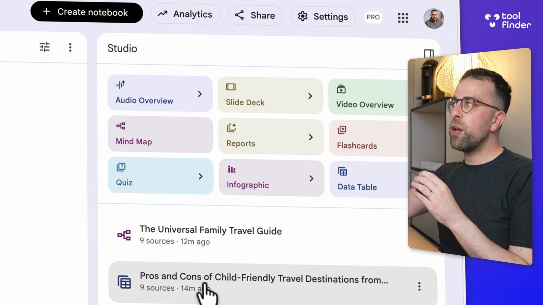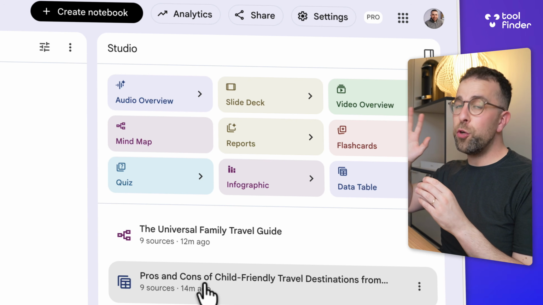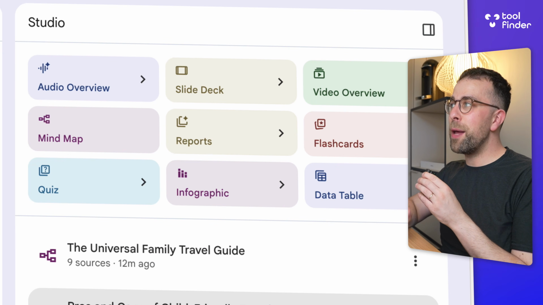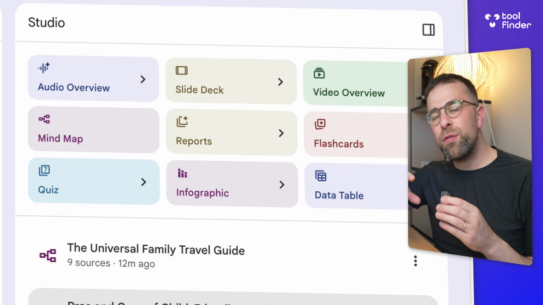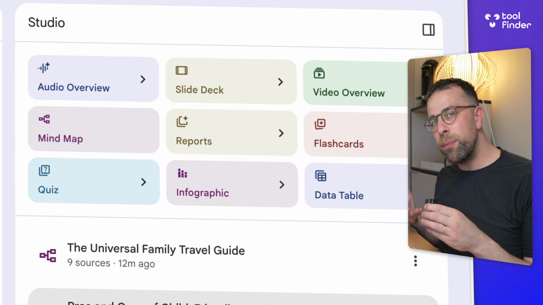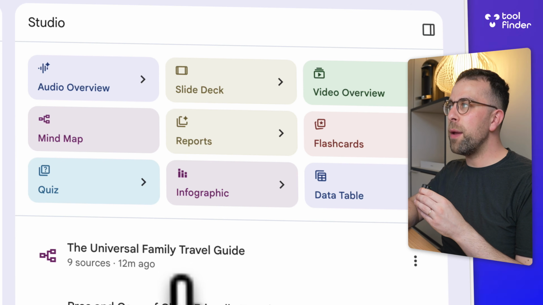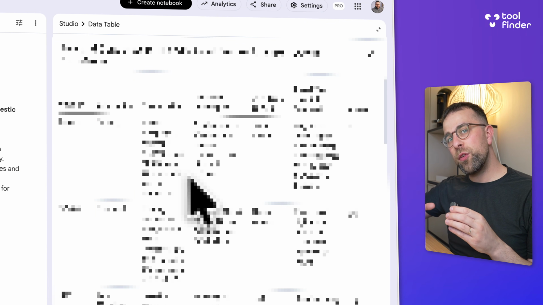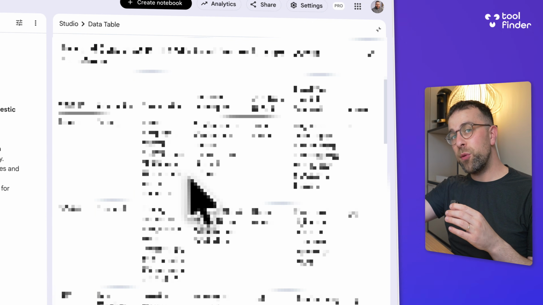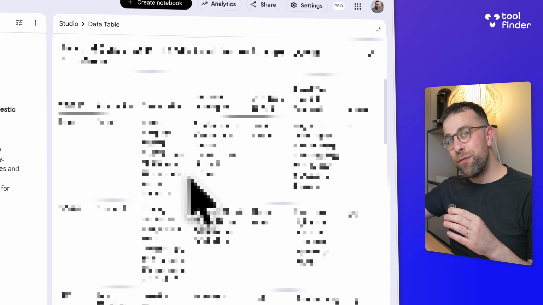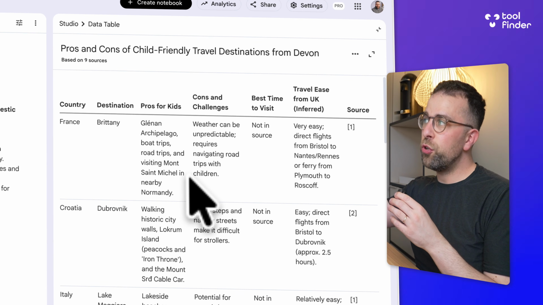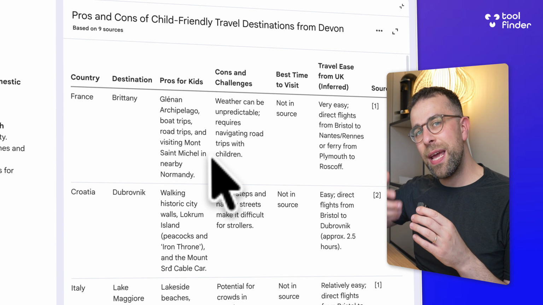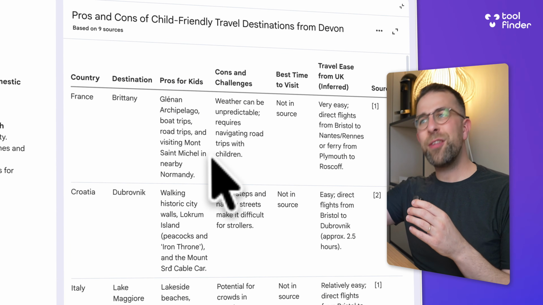In this case, I can go ahead and create an audio overview, which you may have seen, which is the podcast feature. I can create a slide deck, a video overview, and a mind map. But in this case, some of those features might not actually be valuable to how I'm using this. So I'm going to create something called a data table. I've added the prompt of pros and cons of each location they've recommended from the sources and travel destinations from Devon in the UK. This is perfect because I can see the country, the destination, what pros they have for kids, and I can break it down in a much more tangible way based on all of the sources